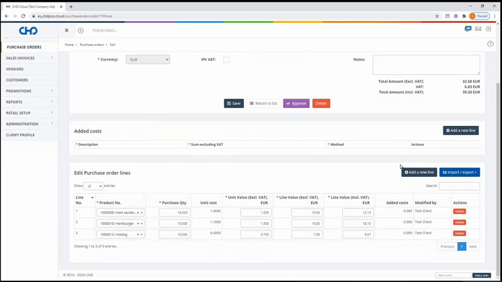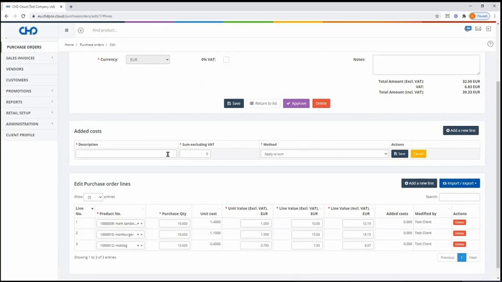In some cases, you could have some additional costs related to this order. Let's say it's delivery. In that case, you can add those costs to the purchase lines and split them. By that, you will adjust or make more precise the item's unit cost, and that will also enable you to see more reliable profit information in an item card and also in the reports. Let's say it's transport costs,